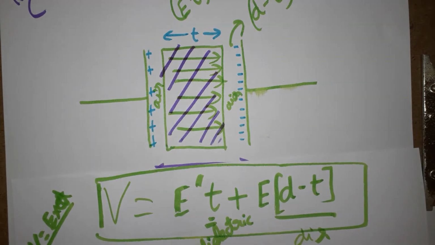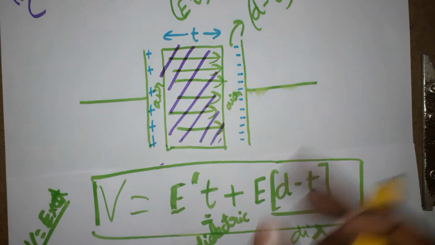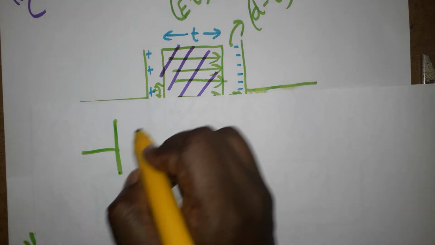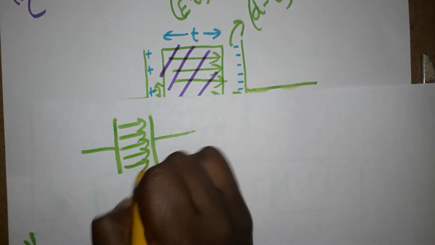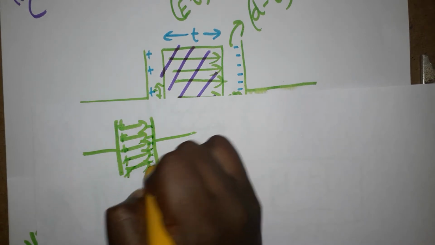Now I am going to calculate the electric field in the dielectric medium and the electric field in the air column. First we will find the electric field in the air column. So we have two gaps. This is the electric field that will be stored inside the air column without placing the dielectric medium.